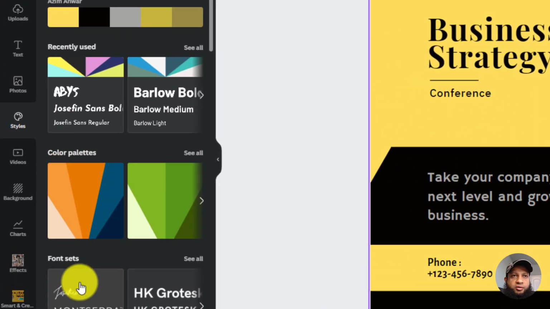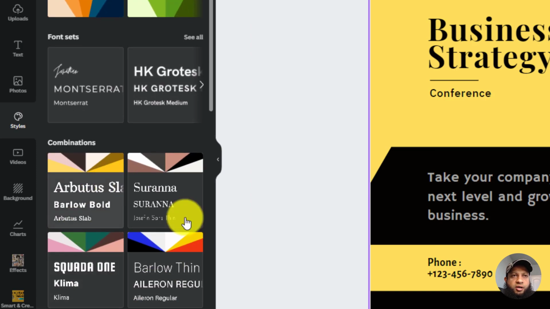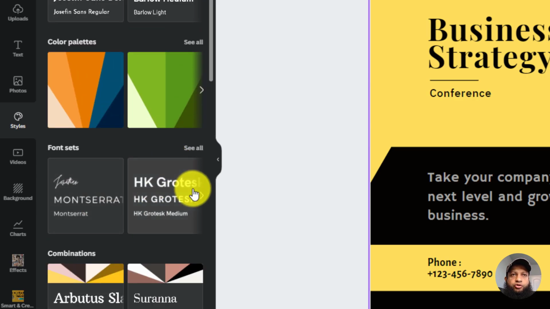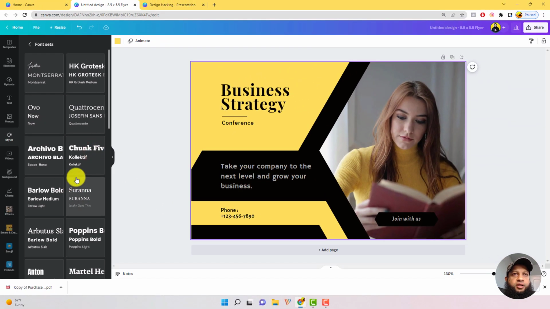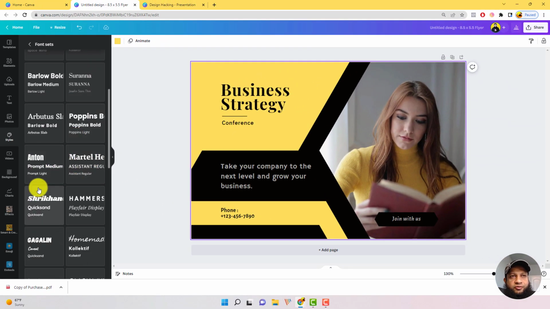So these are just color palettes. These are just fonts. And these combinations are color combinations and the text variation. But I want to just change the text fonts, right? I can click here, select, and you see these are the font variation that we have. If I want to change this one,